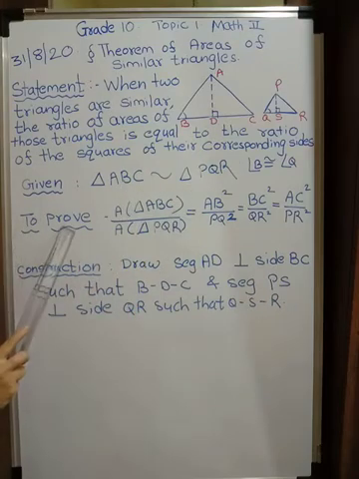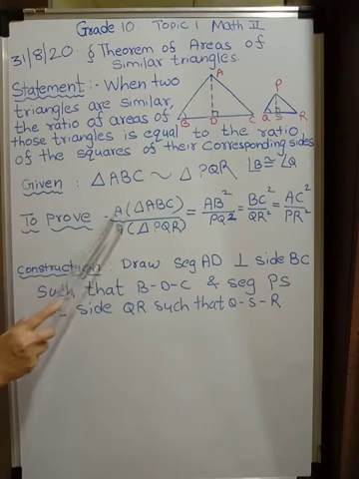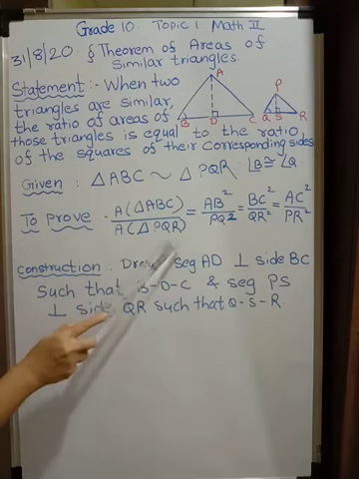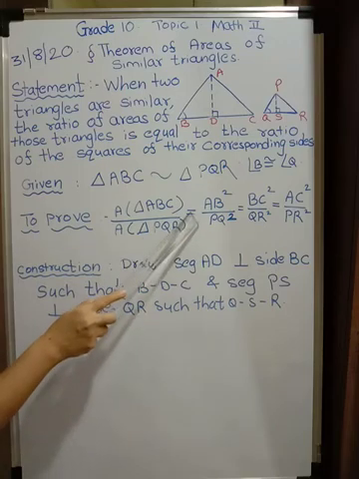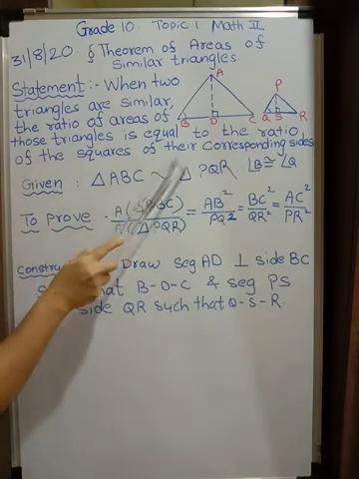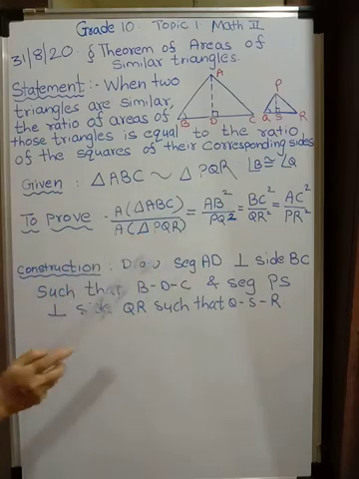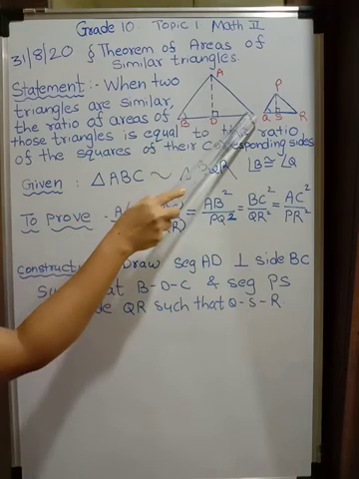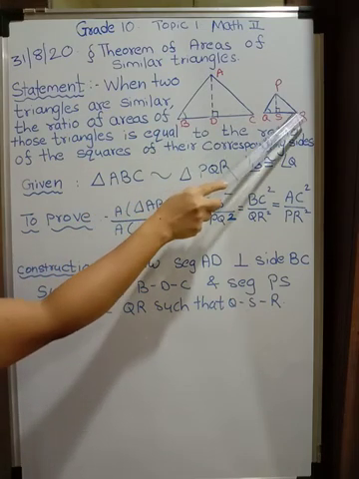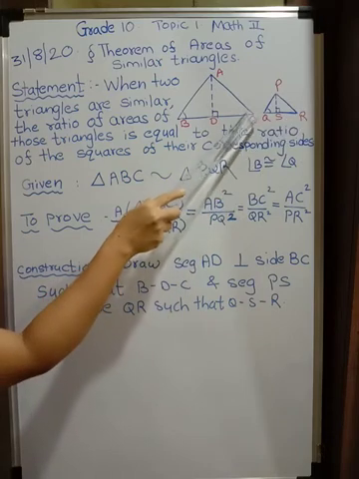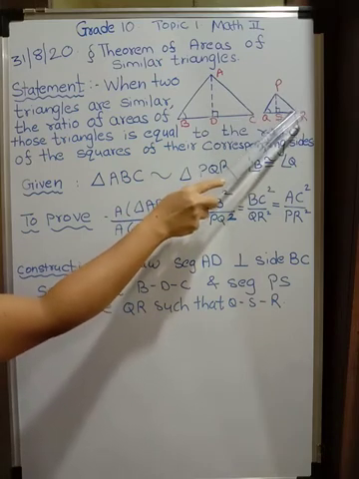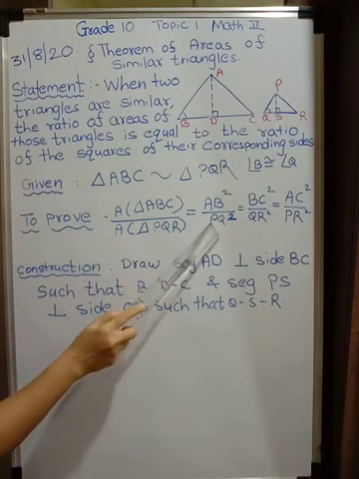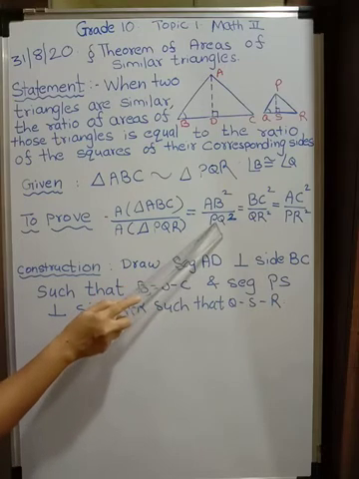Now second, what we have to prove? The ratio of areas of two triangles. That means area of triangle ABC upon area of triangle PQR will be equal to what? Ratio of the squares of their corresponding sides. Now see where line AB is opposite to angle C and C is similar to R. So angle C is congruent to angle R. Which side is opposite to angle R? It is PQ. And therefore AB square upon PQ square. These two are corresponding sides.